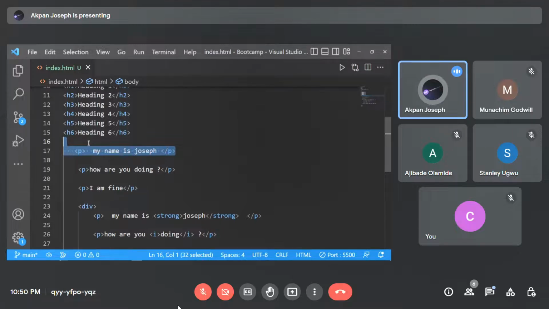Another use of comments is when you are trying to explain your code. Very soon you'll be working with people that are not in Nigeria, or maybe outside Enugu or inside Enugu, or you'll be working on a big project. Most of the times when you start writing complex projects, after a long while, let me say after writing this year, maybe 2025,